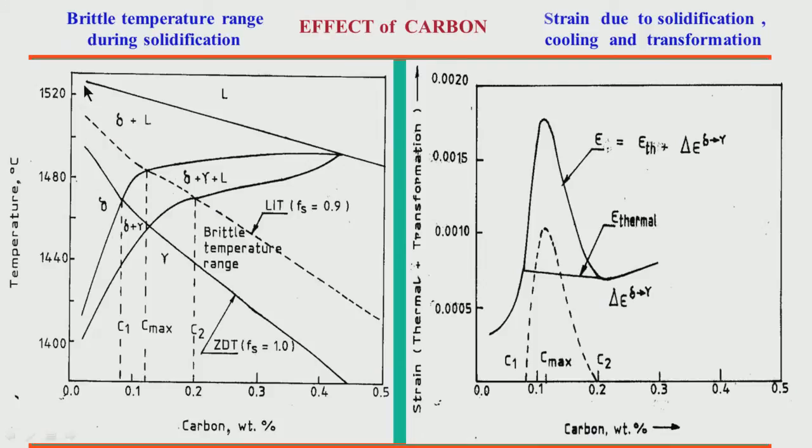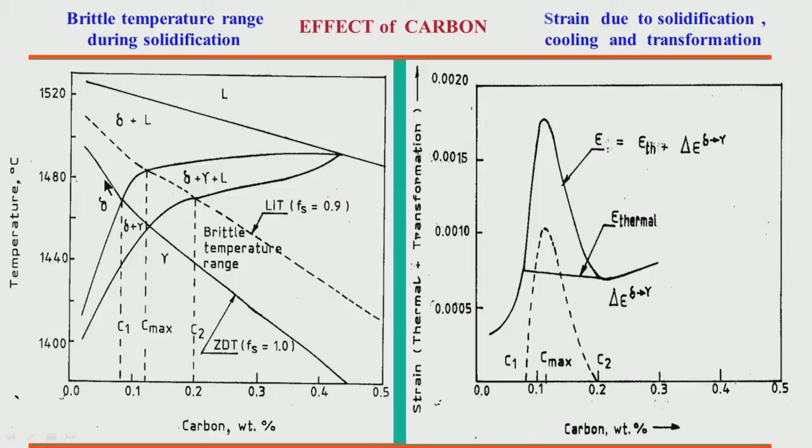So, for a carbon content which is less than say C1, a particular carbon content, what is happening? How is the solidification taking place? Liquid, then it comes to delta plus liquid, that means delta solidification, and then solidification is complete. There is no sign of austenite till then. So, solid is totally delta after solidification. After a certain temperature only, when the temperature is coming down, then only gamma is forming. So, the solidification is totally through delta,